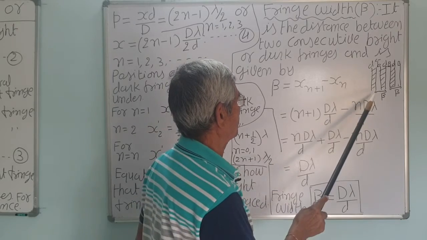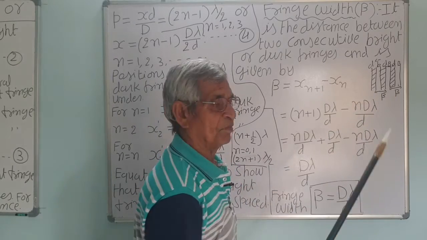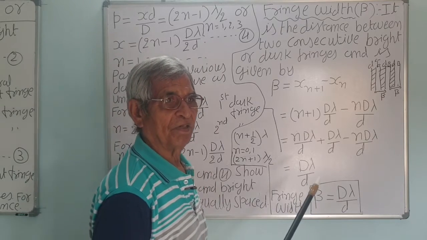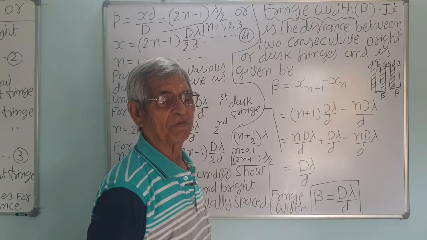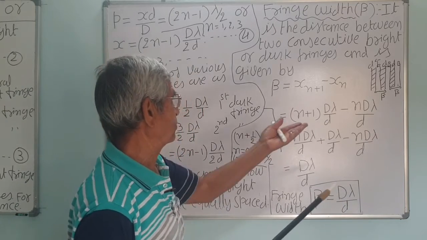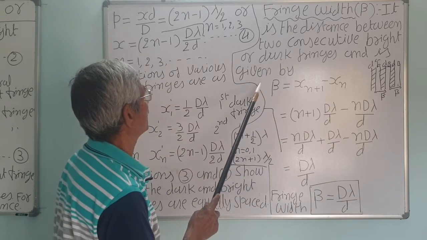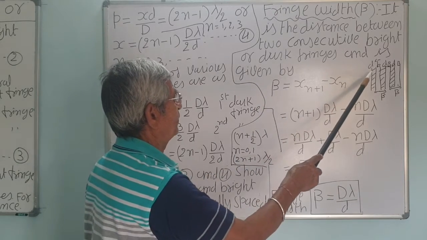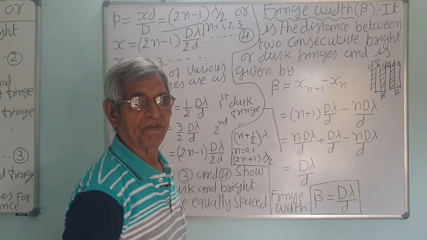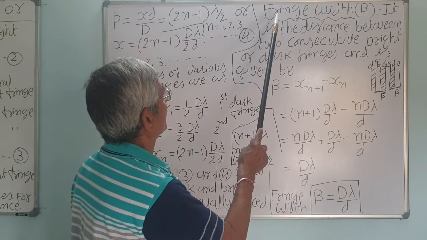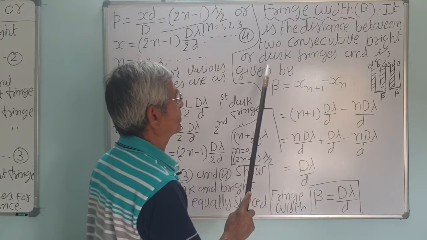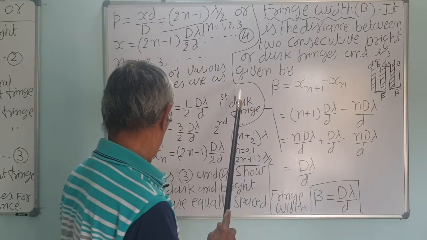Here you have taken the distance between two consecutive dark fringes, here beta, correct. Or in some books it is given that the width of the dark fringe is equal to the distance between two consecutive bright fringes; that also the answer will be the same, it won't make any difference. So the width of all slits, whether bright or dark, is the same, correct. Fringe width beta is the distance between two consecutive bright or dark fringes. It is given by